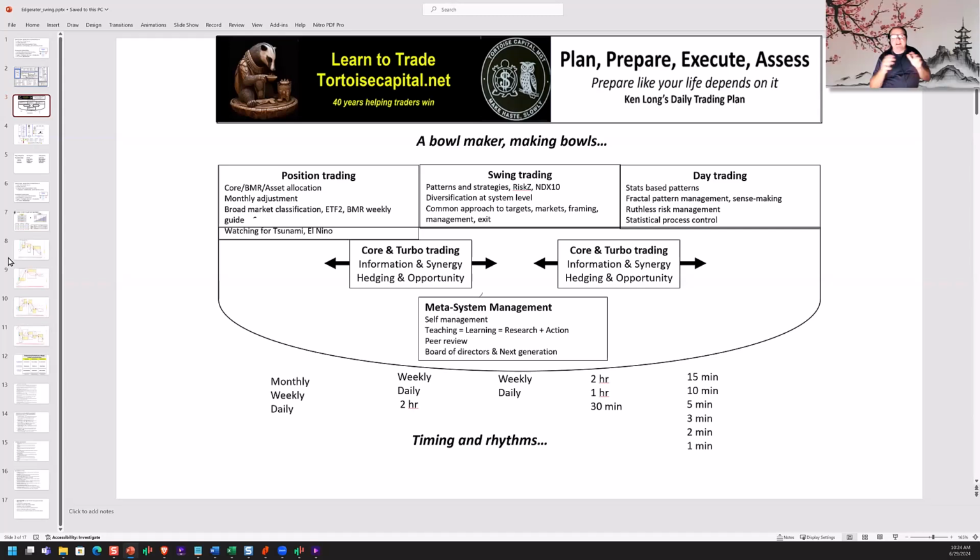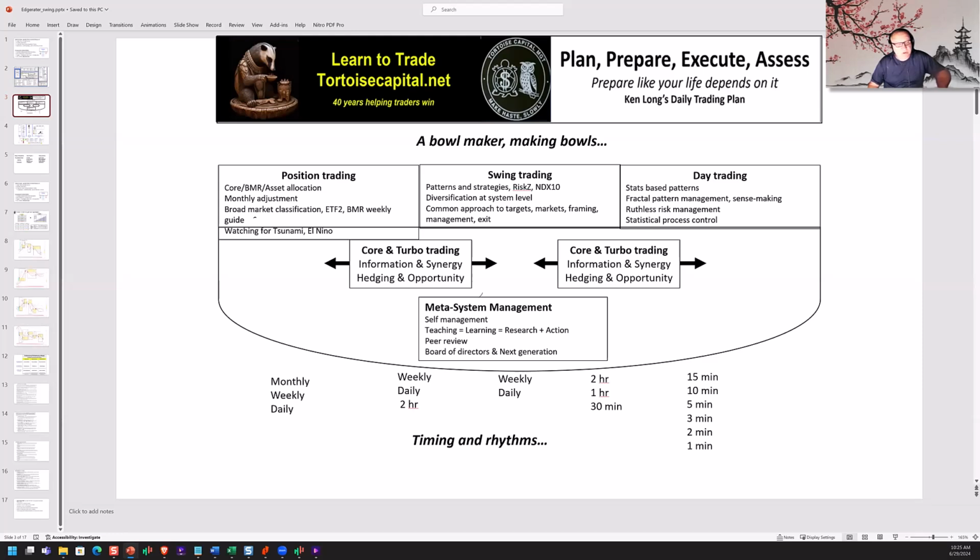So the idea now is, if I think about meta system management, what I can do is now bring the same standard principles of discipline, efficiency, effectiveness, systems thinking, constant risk management, and I can start to manage all of these systems collectively in a very efficient manner. What I end up having is a very integrated set of meta systems that I can manage in a standard professional way and use all the tools in all the time frames, whether I'm talking about monthly rebalancing all the way down to 1 minute aggressive intraday trading and all points in between. So that's what we mean by